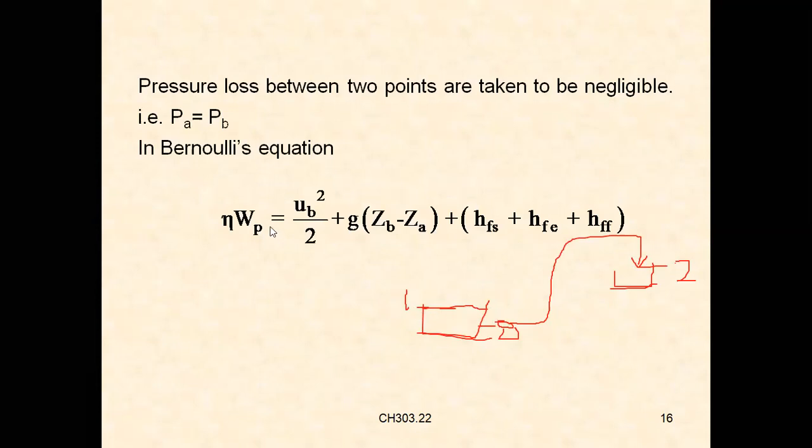And we have the values for UB, ZB and ZA and the entire friction losses in the system. Efficiency into WP is equal to UB square by 2 plus G into ZB minus ZA. That is, by substituting PA is equal to PB and UA is equal to 0, the reduced Bernoulli's equation will be like this: efficiency into WP is equal to UB square by 2 plus G into ZB minus